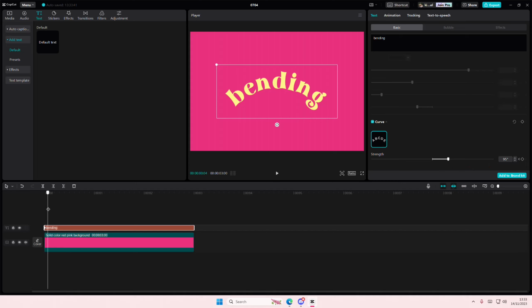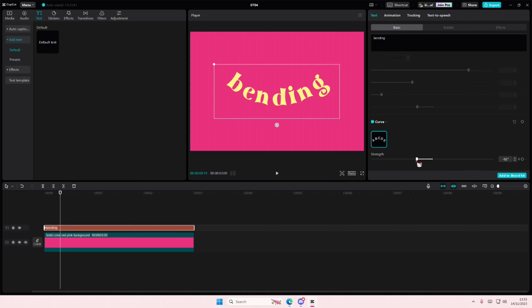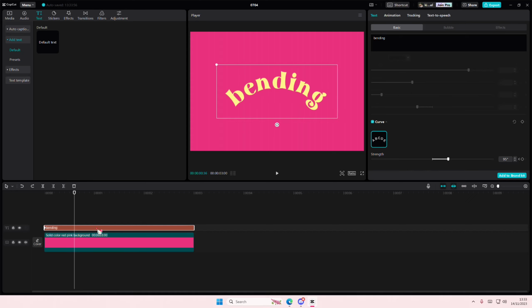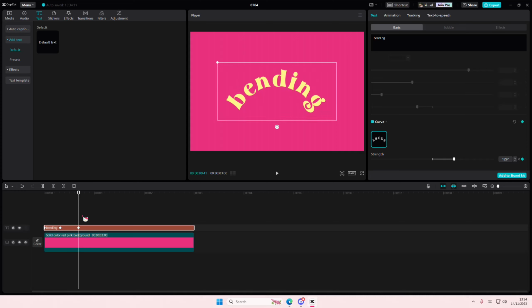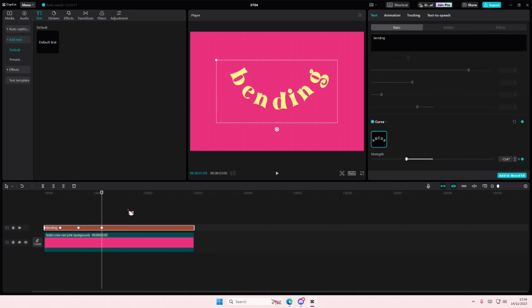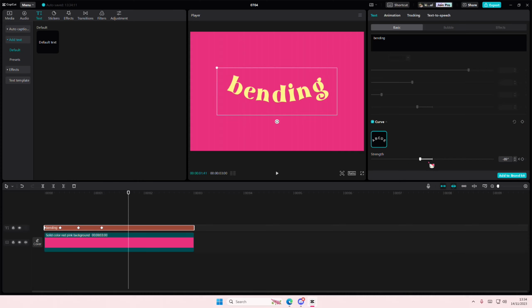95-degree angle, and then here I'm going to put it at like, actually I'm just going to do it randomly, because if I put it all at 95 it will take me a long time. I basically just selected this keyframe bit, and then I'm just going to bend it this way. You don't have to press the keyframe button again, because it will add it in by itself. And you're just going to keep doing that